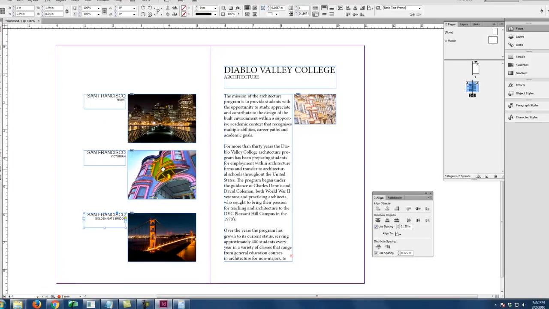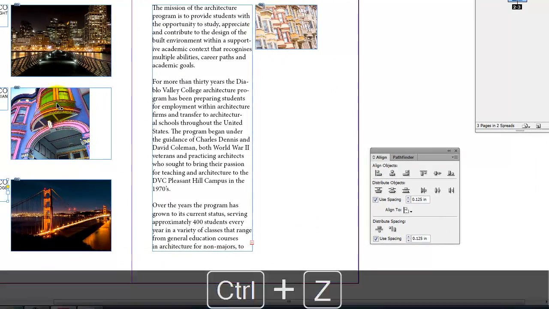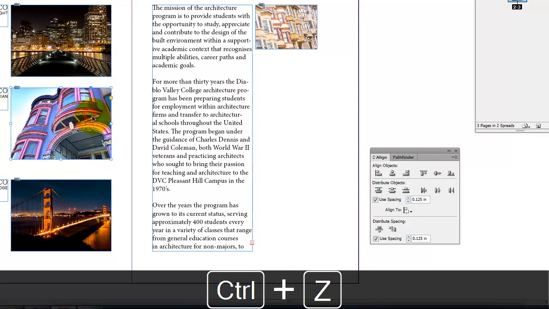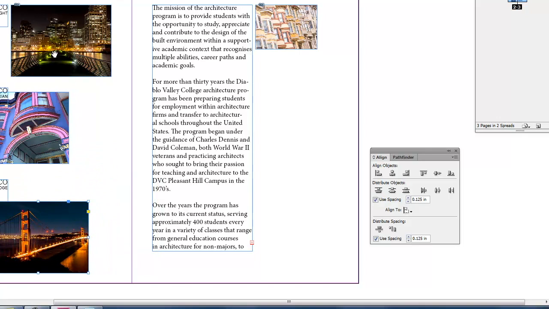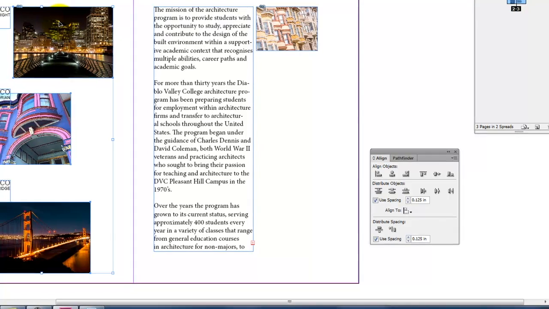So let's say, for example, that this image here I threw on the page, and this image here I put on the page, something like that. Okay? I want all of these images to line up with this on the left side. I can click on the first image, hold down Shift, second, and third image. Okay? And I want them to line up with this image that's on top. If I click one more time without holding down anything on the image that I want to stay in place,